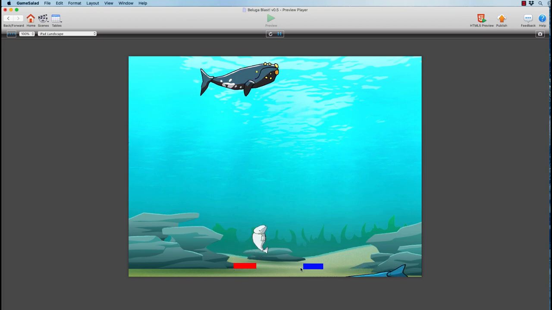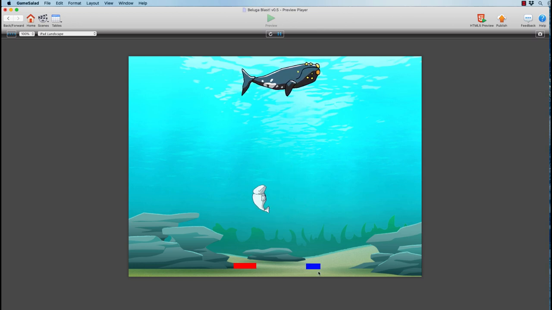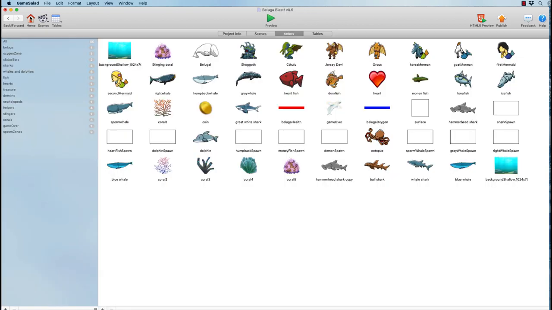So as we're swimming around, you can see here the oxygen bar just decreased by a certain amount. And as the beluga swims around underwater, this will continue to shrink because the whale is slowly running out of oxygen. So we also have to create a zone of some kind so that when the beluga goes back to the surface, it can get some kind of oxygen fix. So how are we going to do that?